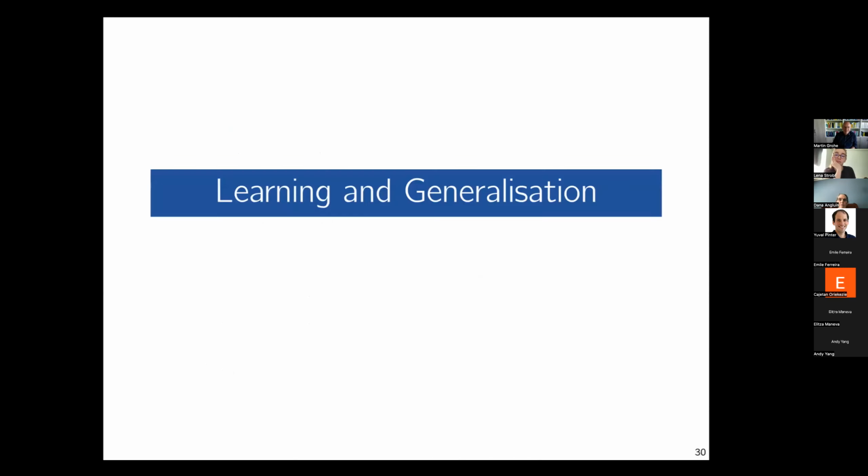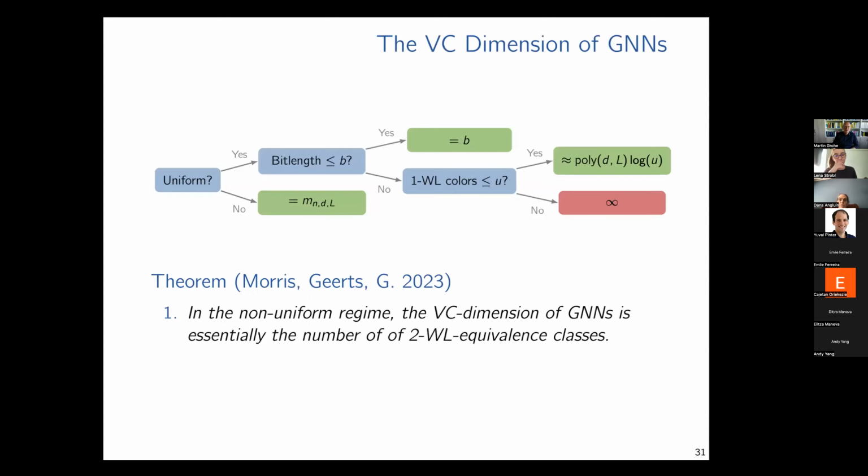Okay, so that's all I have to say about the main topic. I just want to mention one slide. So all I've talked about so far is the expressiveness of graph neural networks. But of course, graph neural networks are machine learning models. We also want to talk about learnability of functions, of generalization, and so on. And I just wanted to mention a couple of recent results we have there on the VC dimension of graph neural networks. Basically, we have results for a non-uniform setting where we fix the size of the input graphs.